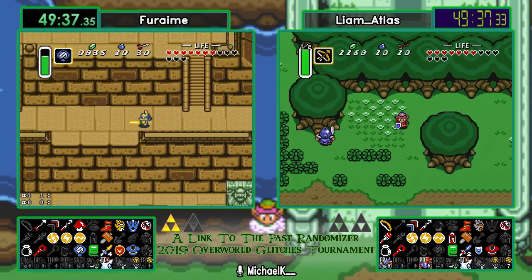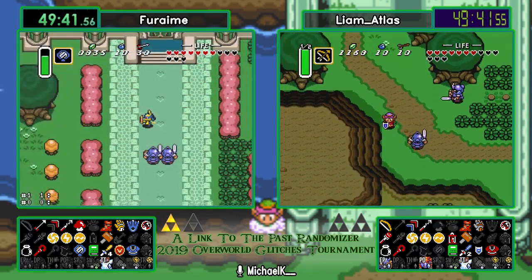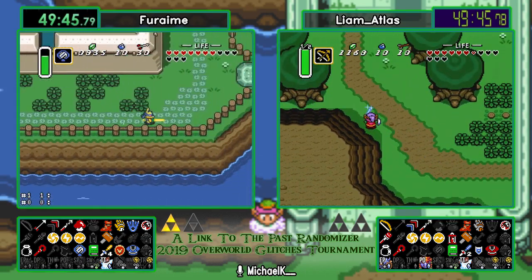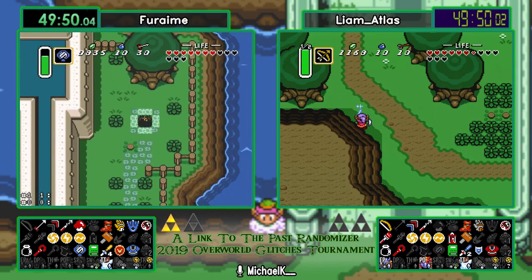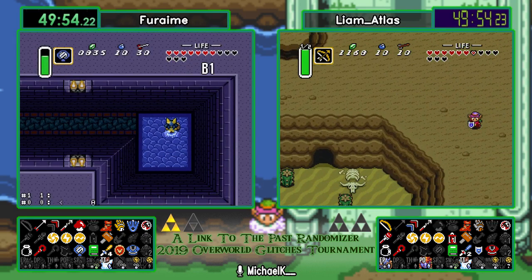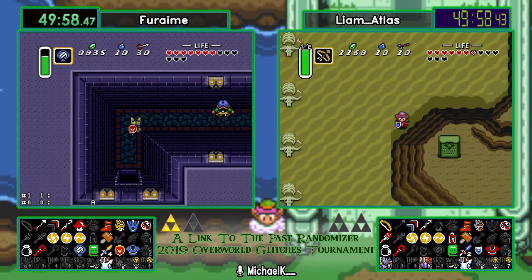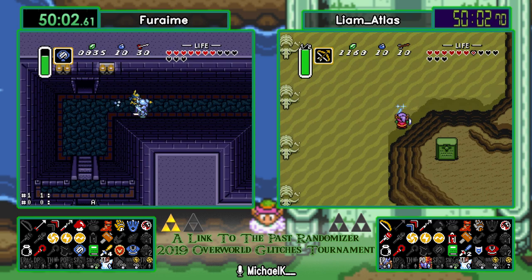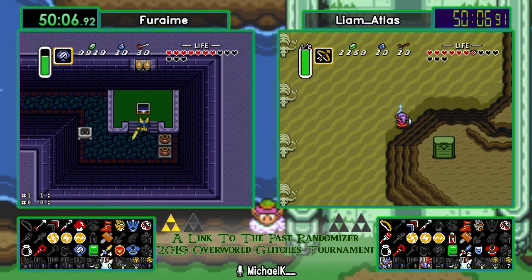Let's see, Furaime, please pick up the red man. I don't want to see you be yellow for more time. Yeah, that will be really good for Furaime once he's in port, because he can right afterwards mirror to Eastern Palace, has the bow, clear boost together. And afterwards we'll have the fire rod as well, so...